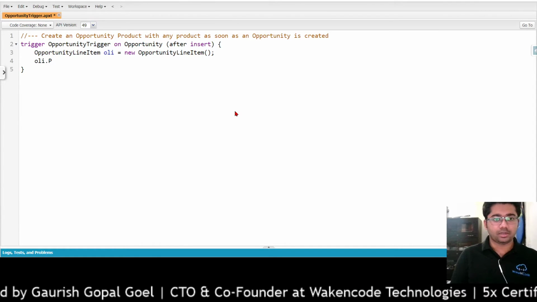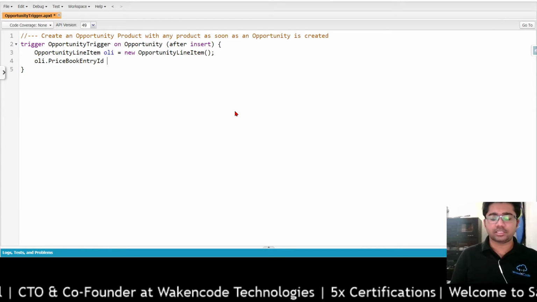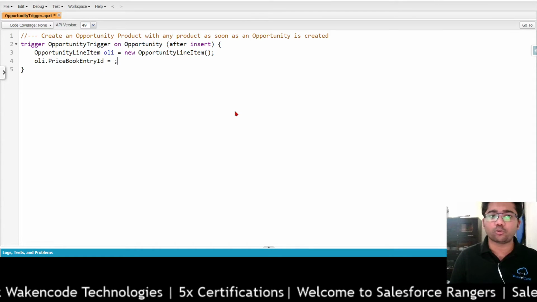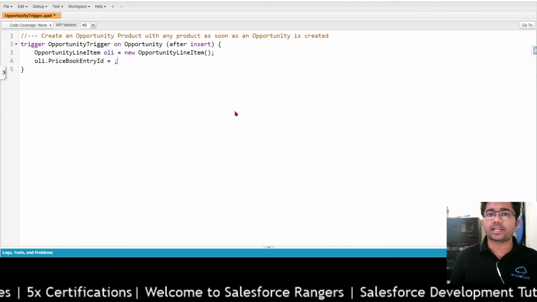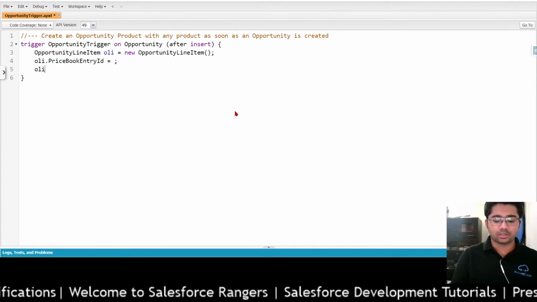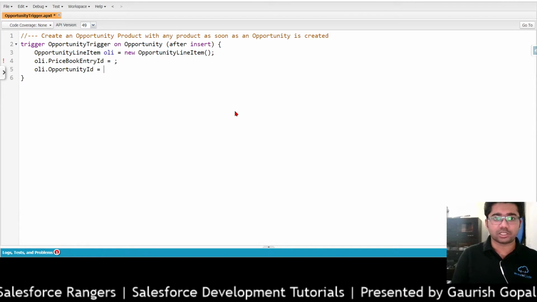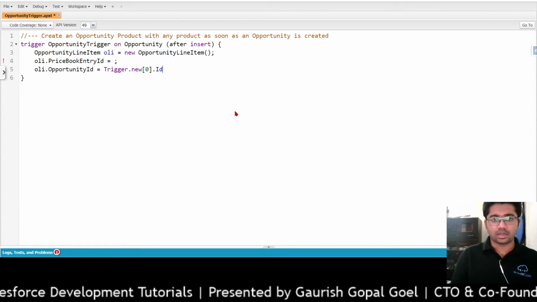OLI dot price book entry ID. There is a field called price book entry ID on the opportunity line item object. Now here we need to put a price book entry ID. We cannot directly put a product ID over here. First of all, we will provide an opportunity ID, which is the trigger.new ID,